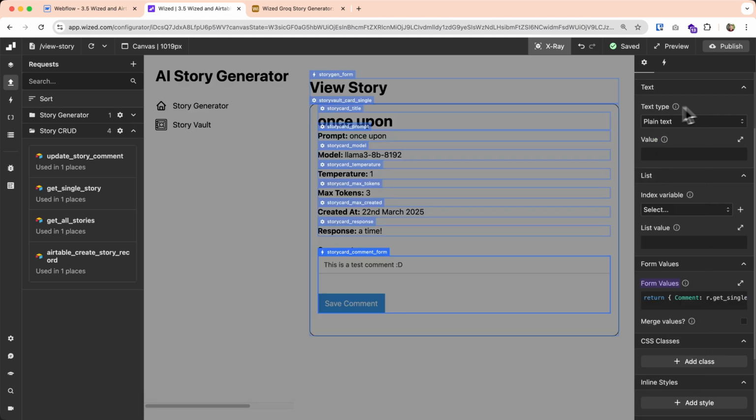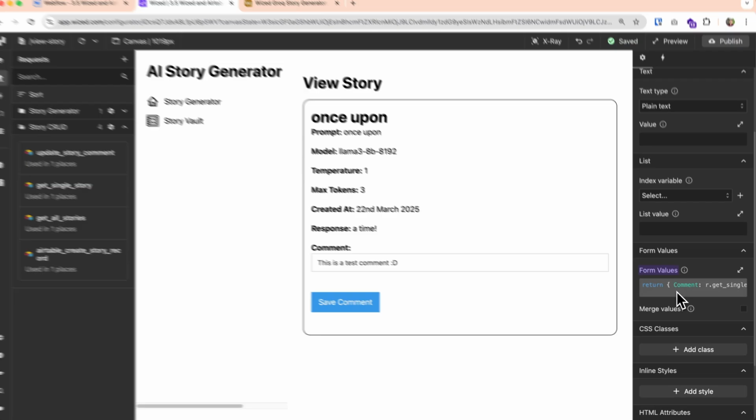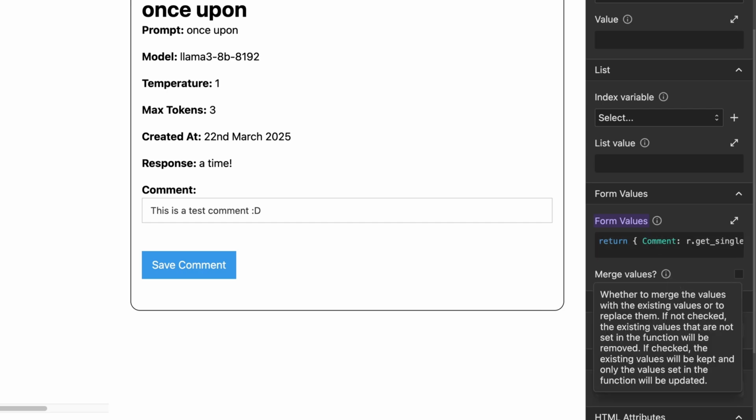This is a test. If we close out of this, we will see it appear here. So this is a single function that allows us to set all of the inputs in our form at once. Then we also have merged values. This basically means that